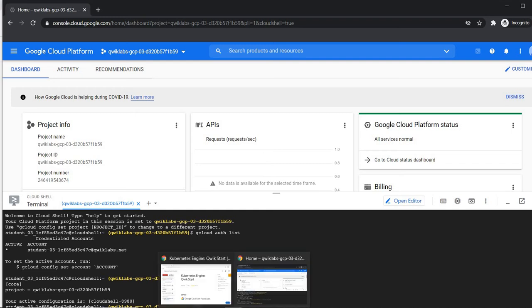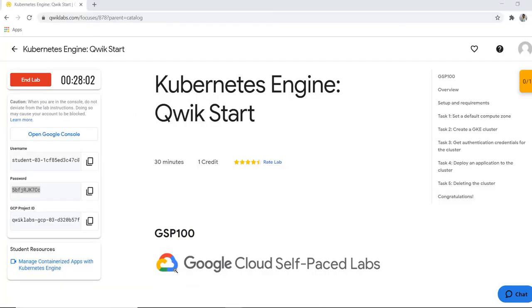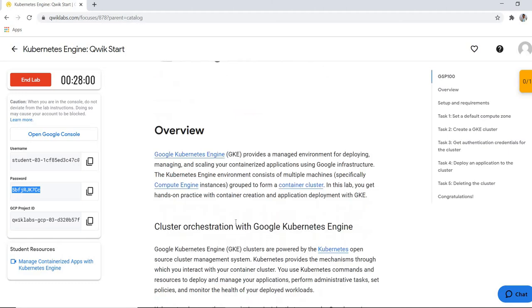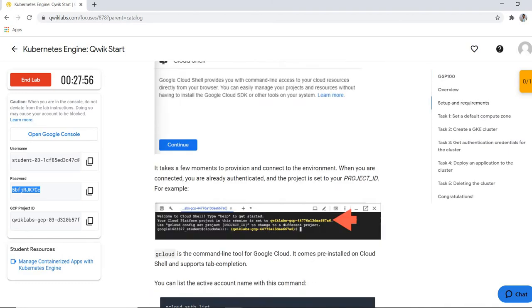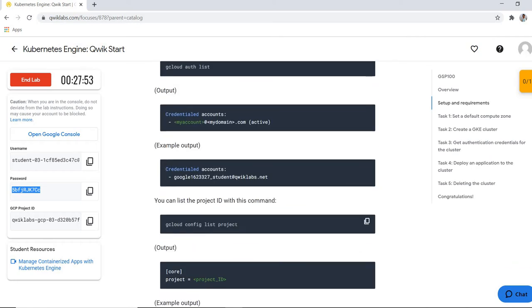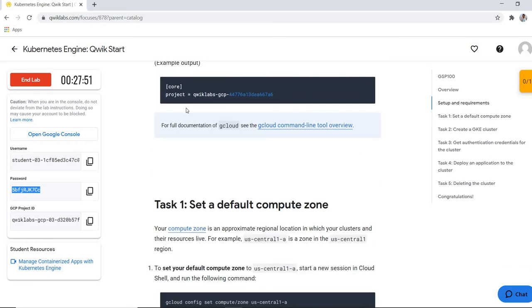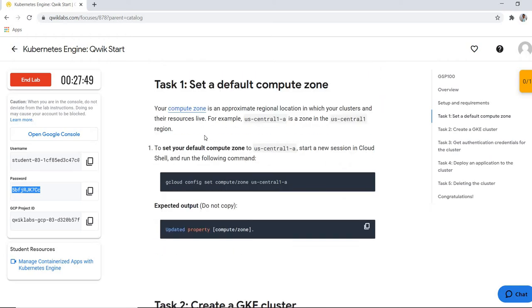This is a good practice. So we are logged in and have done all the setup up to this point. Let's go with Task 1.